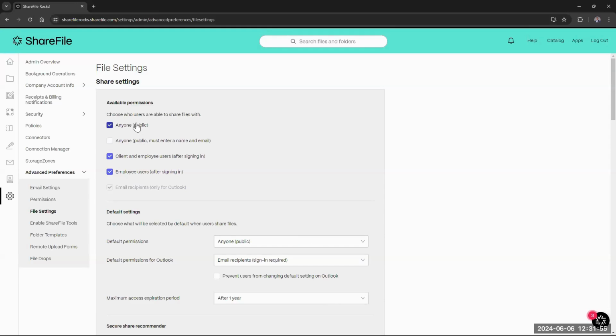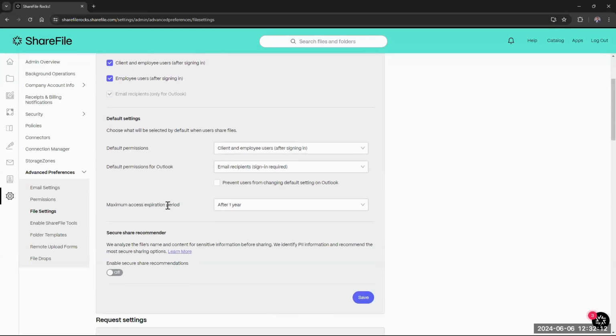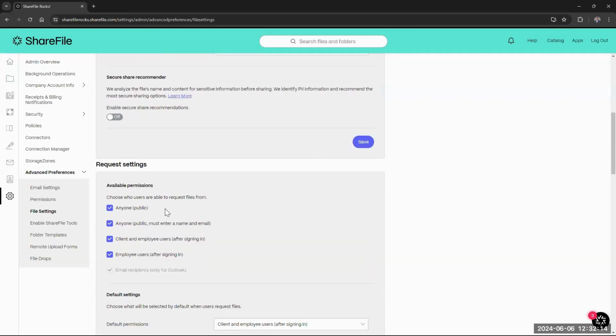The two most secure options down here are requiring them to sign in. So I would need the client, or me as the employee, or if I'm sending it to another employee, to sign in first before I could see that share. So these are really important. This isn't anything new, but certainly, like Ashley said, since I'm in this section, it's a really good point to